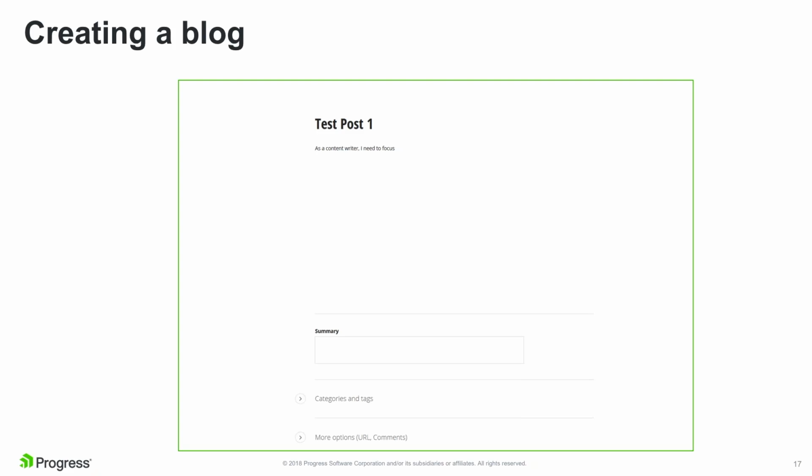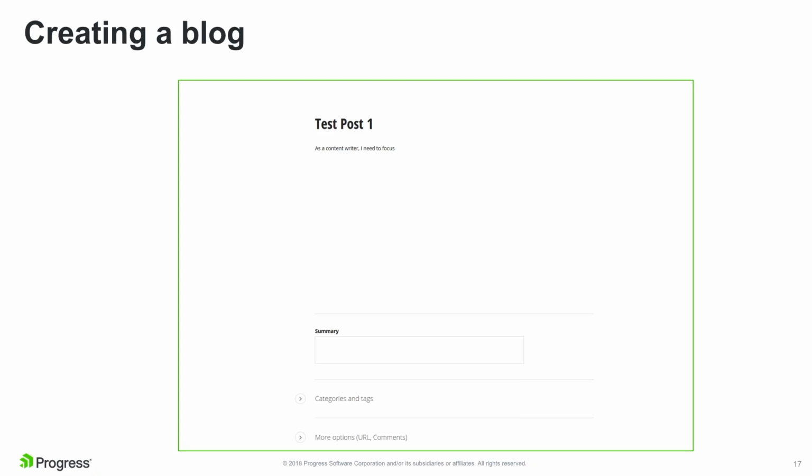Below, you'll see in the screen capture, it cuts off a little bit because the page does scroll down, but you'll see that there are, for example, categories and tags with an arrow next to it. That button allows us to expand that section. And this really takes into account what we talked about from having a focused screen for the task at hand, but then having secondary tasks minimized. So they're not distracting, but they're easily accessible when we want them,